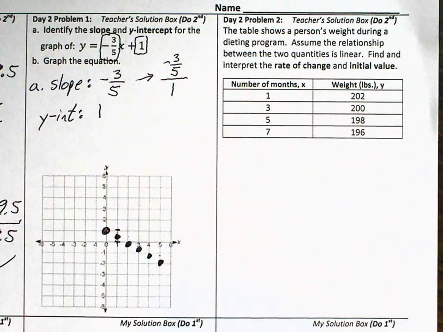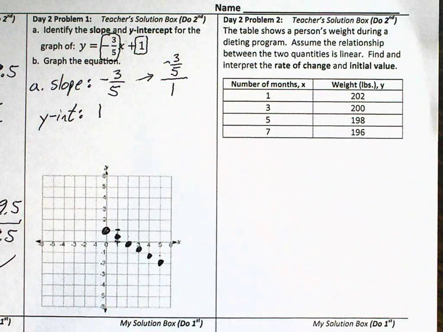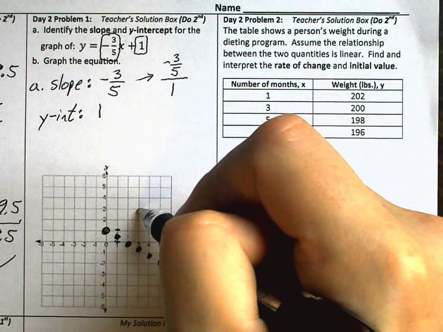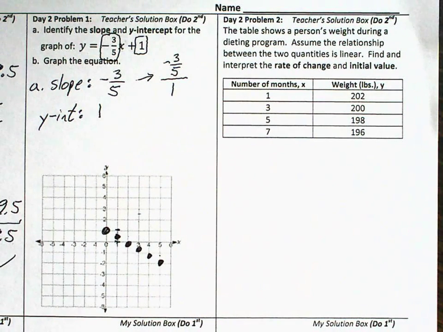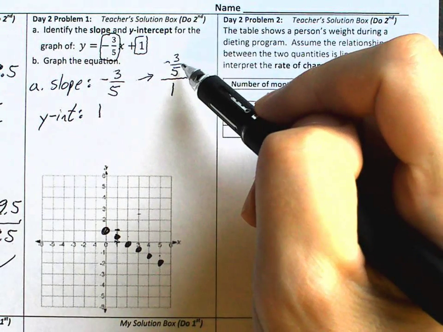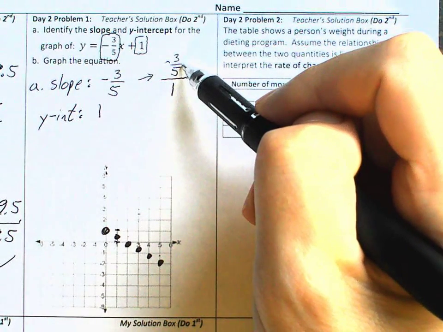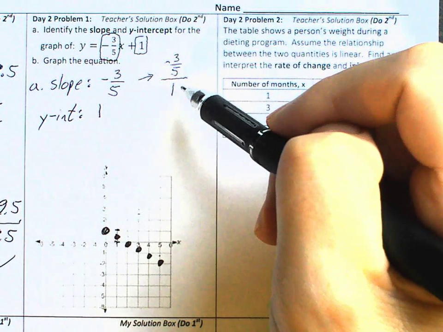Now, it's not the easiest thing to do, especially when the grid marks are pretty small little squares. It's not so easy to guess fractions accurately. If the fraction was like a half, it's pretty easy to find exactly halfway between marks. But a fraction like 3/5 is very challenging to be accurate. So there's something else that we can notice about the rate of change, -3/5. Instead of thinking of it as the y value decreases 3/5 of a unit every time x increases by 1,